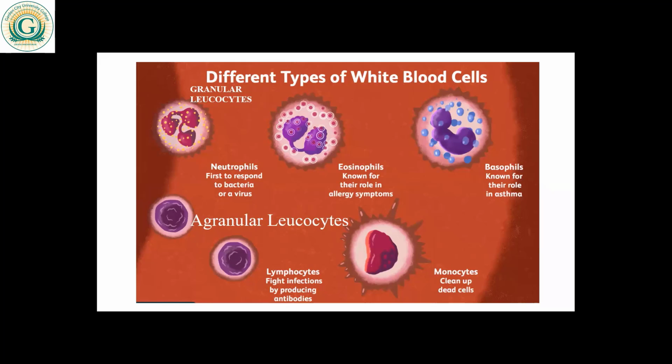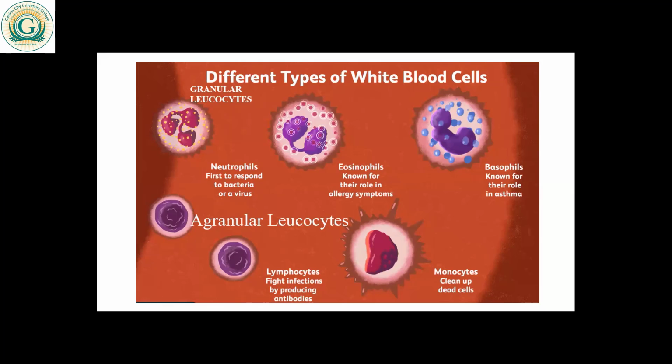So they will come around that site and then cause some reactions, so that the signs and symptoms of allergic reactions will be seen, and then maybe it will be dealt with by the body's own mechanism. Then we have the basophils, which are also responsible for some allergic reactions,